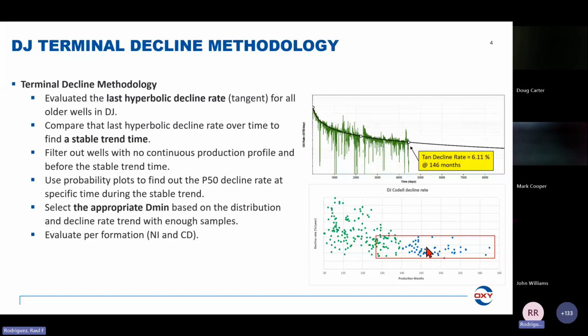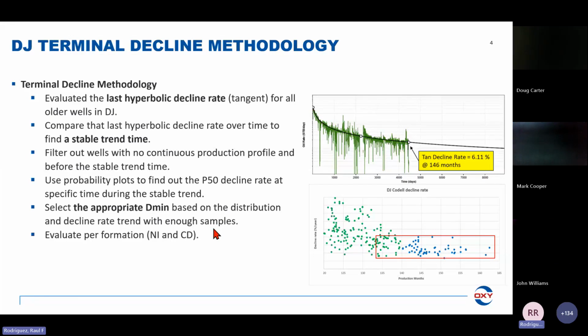And that's the objective, to understand that stable trend, so then we can estimate the terminal decline from that filtering of wells. Then based on that stable trend, we will find out the P50 of the selected time frame. I'm going to talk about more details about it later, but the objective is we will select a production month time and then calculate the P50 of the subset of wells for production months beyond that stable time. And then with that, we can get the mean for